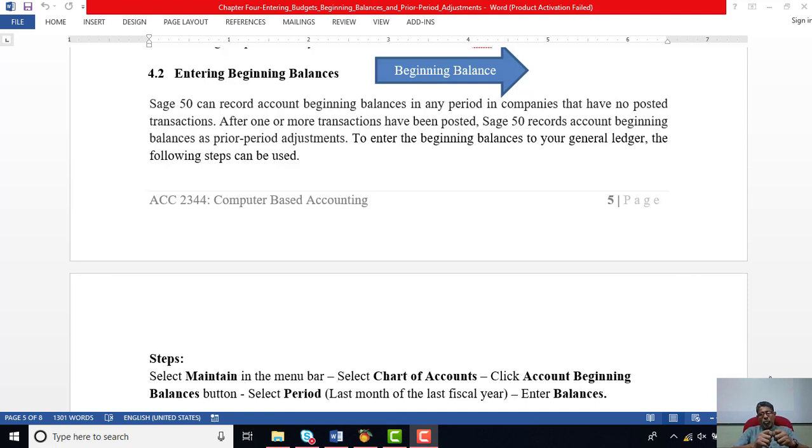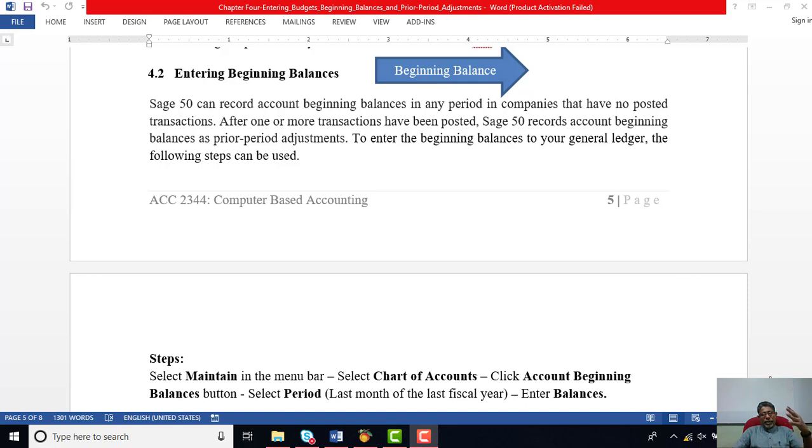That's why beginning balances normally need to be entered into the system by selecting the last date of the last financial year. Why do we enter them into the last financial year? Because that financial year is already closed. No more transactions are going to be done for that period. So when you enter the beginning balances into the last financial year, they will be there forever. By the time you come to the next day, the balances will be carried forward into the next month as well.